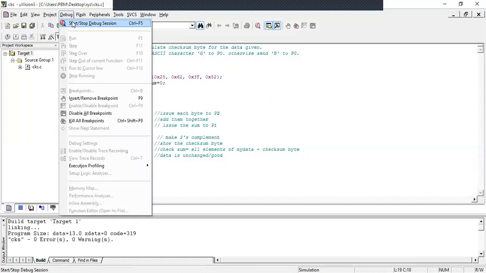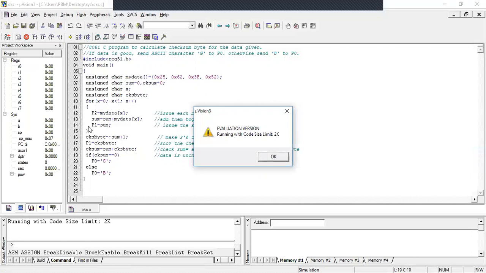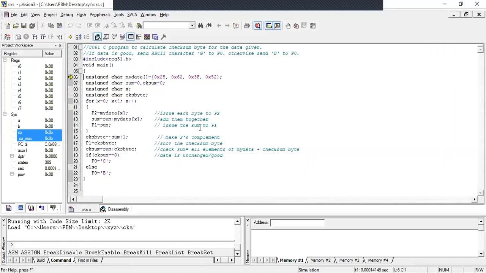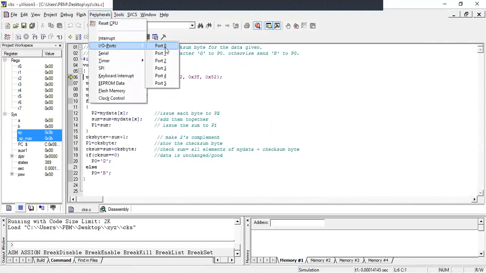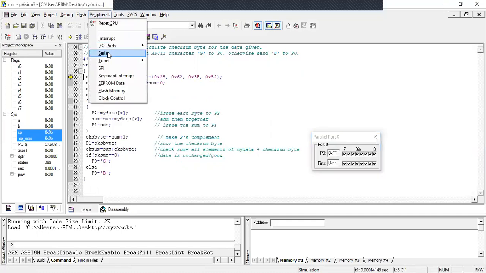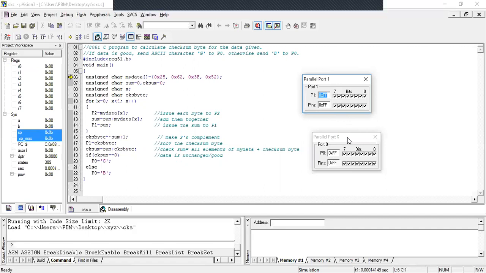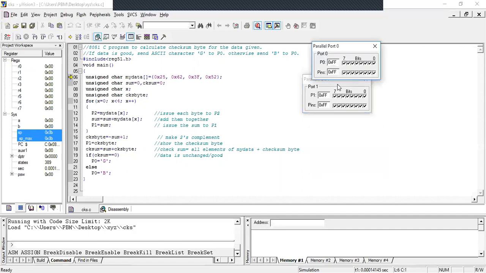Start execution. Here we need port 0 and port 1. So let us open those ports.